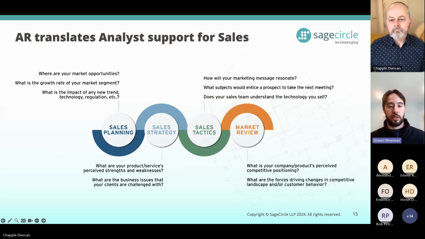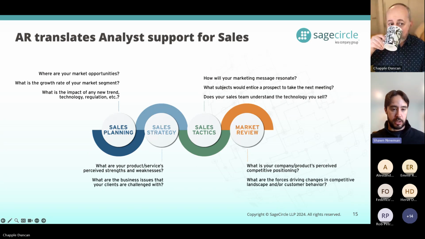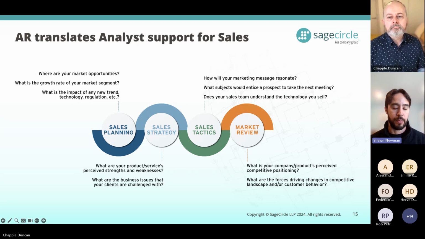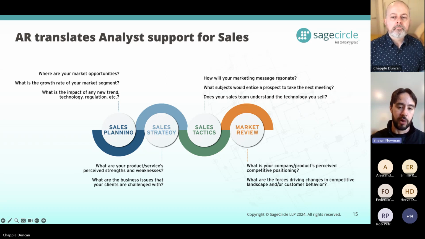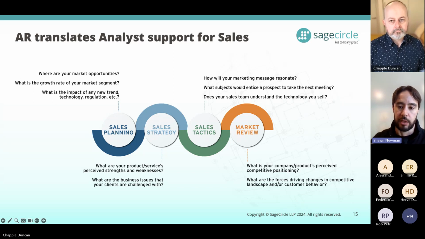So again, here we go, digging a little bit deeper into that sales mindset. Where are they thinking? How can you help? I think we'll dig into more detail on sales tactics, which will be where that kind of cold email starts to fall. You can do everything from helping your sales team better understand the technology that they're selling to make them a more relevant voice and trusted advisor in the market.